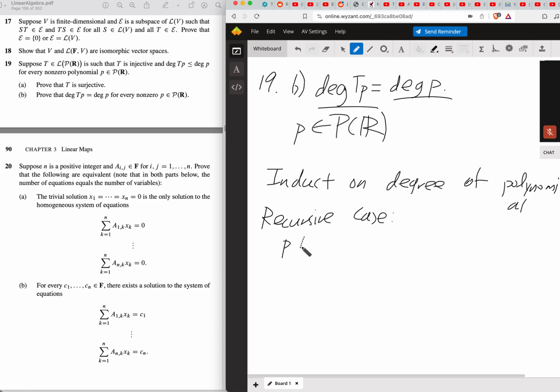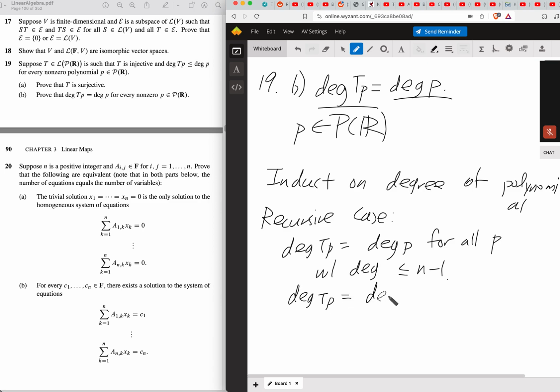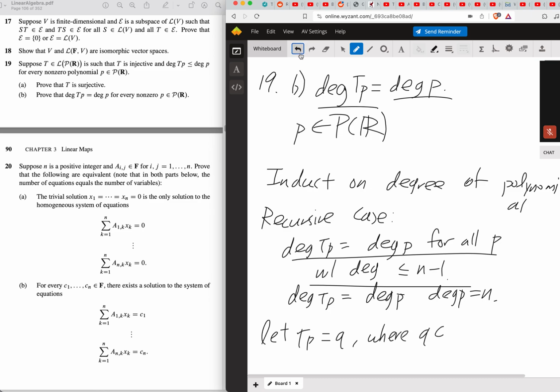Now consider that the degree of the transformation of the polynomial is equal to the degree of the polynomial for all polynomials with degree less than or equal to n minus 1. And we want to show that the degree of the transformation of P is equal to the degree of P when the degree of P is equal to n. This is quite a strong condition, but if you were to consider the transformation of P to be Q, for example, where the degree of Q is less than n, then what you must notice is that Q is spanned by,